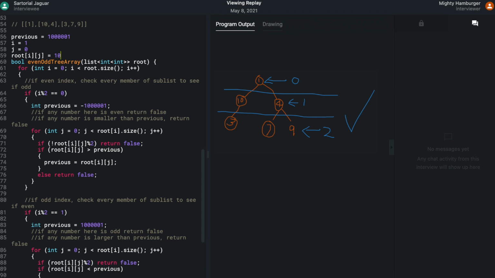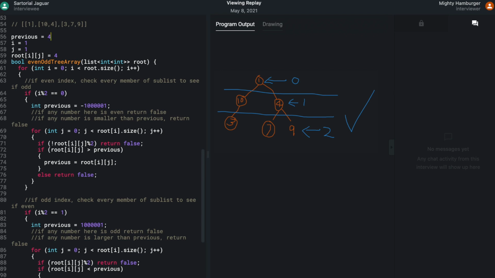So now previous is 10. Increment j. j is 1. Root ij is 4. 4 modulo 2 returns 0, so we're good there. 4 is less than previous, so previous is now equal to 4.